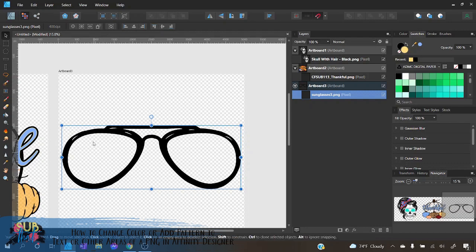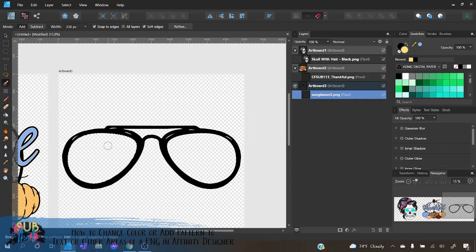So I recommend for this type of project to use the selection brush tool. And once again, make sure you have that snap to edges checked. And we want to hit the add button. And we'll select it and it'll automatically snap to the edge of our sunglasses. Now, if you want to fill with a solid fill color, you can use the flood fill tool and you can just choose any color you would like